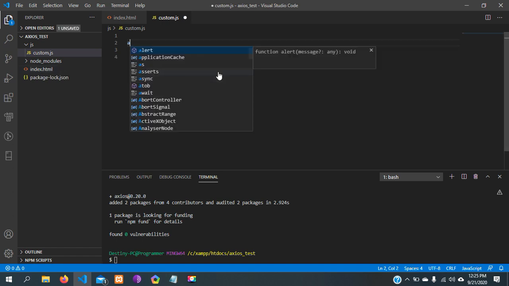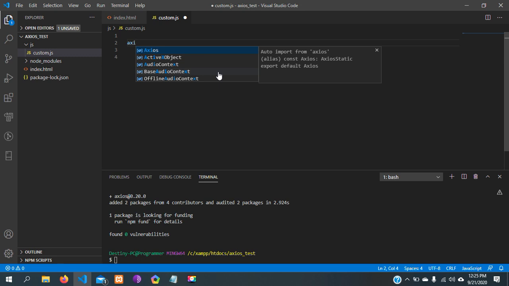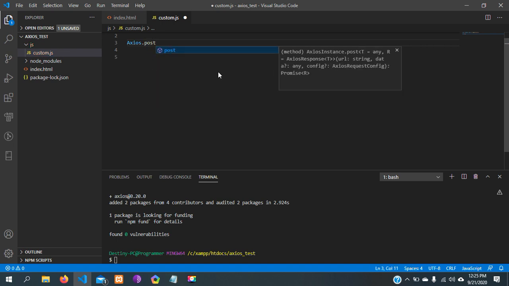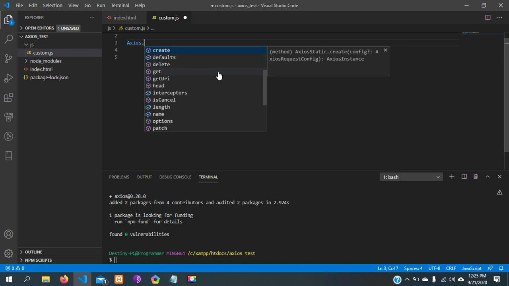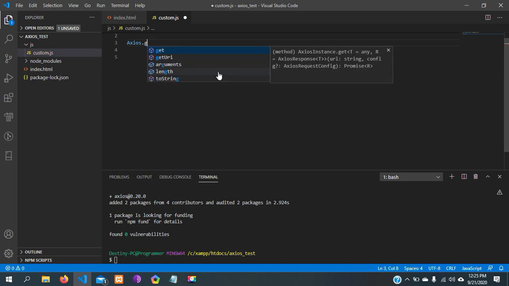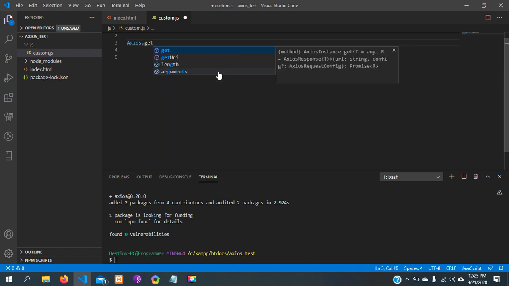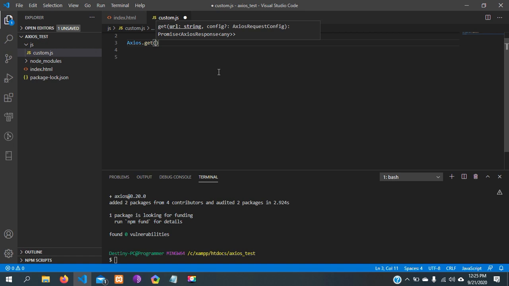So we'll simply call Axios. We can call different types of requests using Axios. We can call the post request, the get request, the put request, as well as the delete request. But for now, we're going to try the get request, and on the get request, we are going